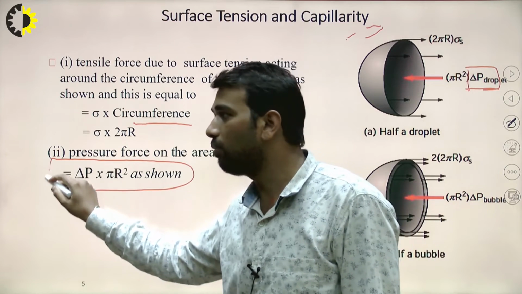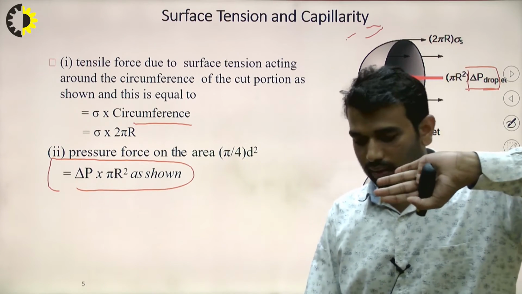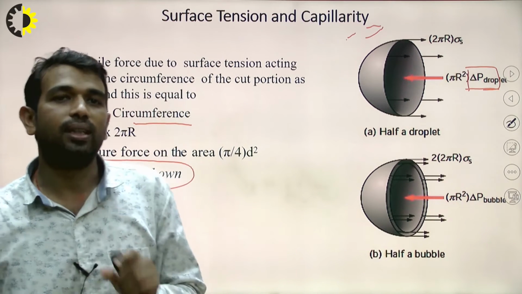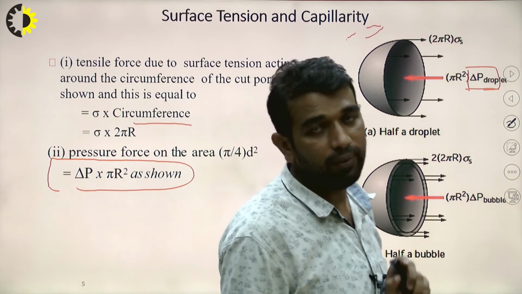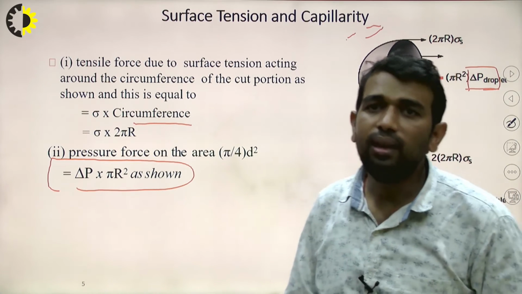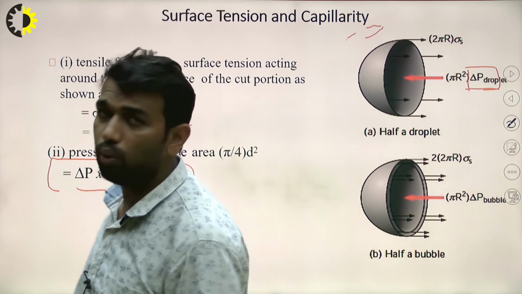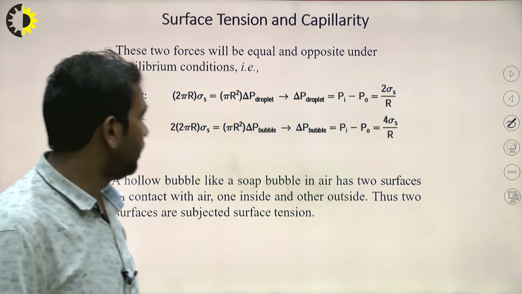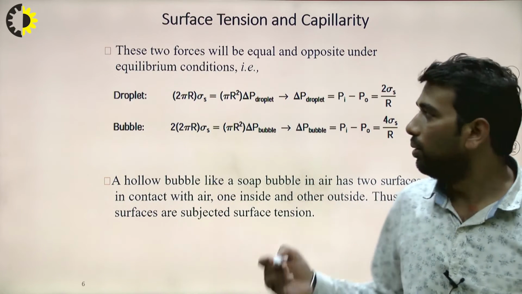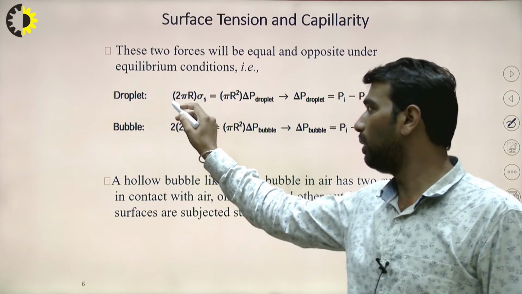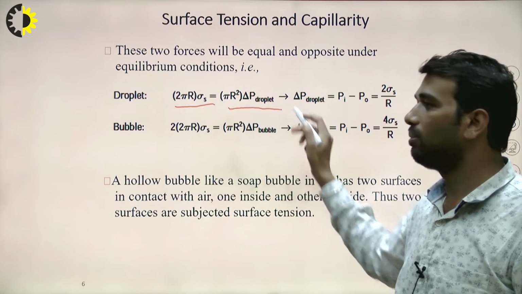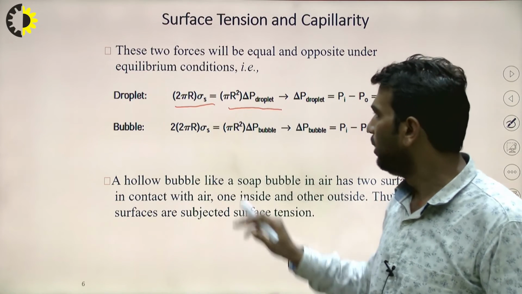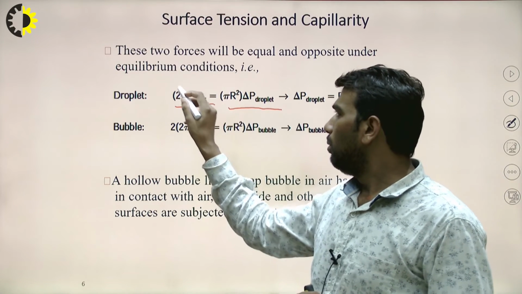This extra pressure force, which is in excess of the atmospheric pressure, is going to balance the surface tension force. Both forces must be equivalent. If that is not true, this droplet is not in static equilibrium. So what we can do is equate both: the force developed because of the surface tension and the force because of the extra pressure built up inside the droplet, that is pi r square into del P. For the droplet, the surface tension force is 2 pi r into sigma s.